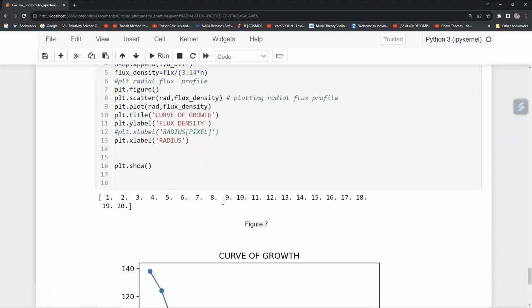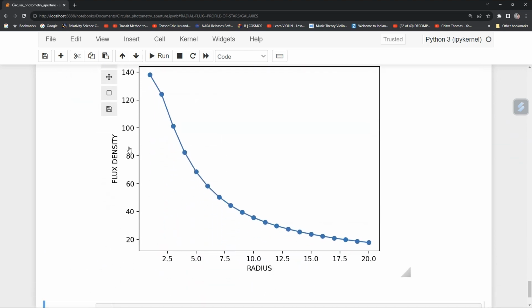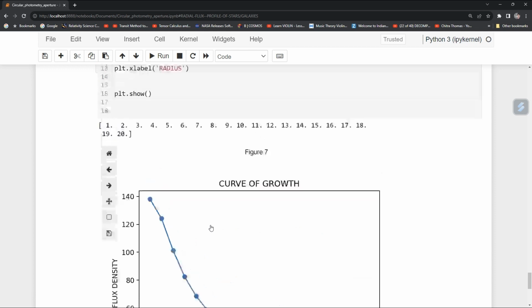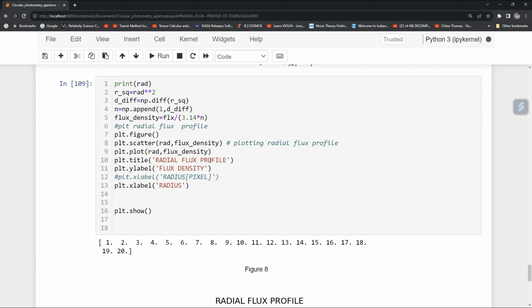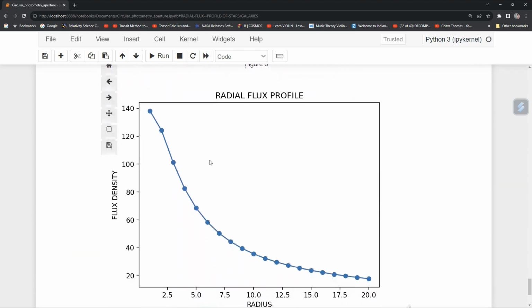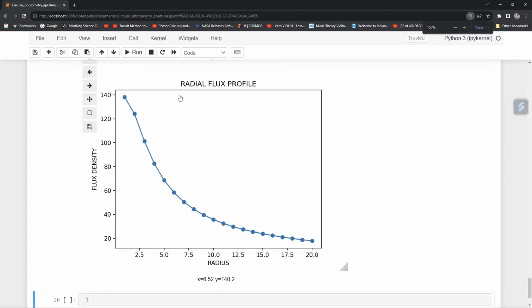Okay, so this becomes your title, and this becomes your radial flux profile. So this way you can draw your radial flux profile of a star, galaxy, or any object whom you